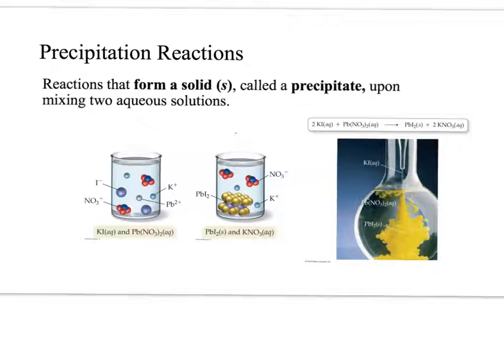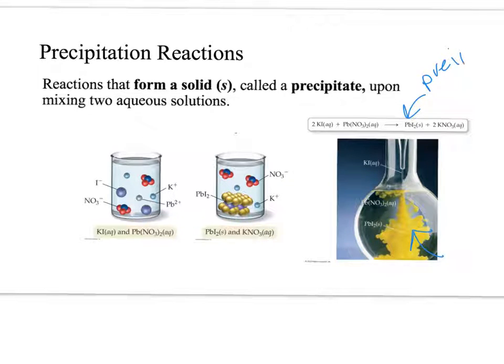When they come together, they react. So we have a chemical reaction, and in that chemical reaction you can see that we have two products. So these ionic compounds rearrange, and the lead from the lead nitrate combines with the iodine from the potassium iodide, and this lead iodide is a new substance that precipitates. It's a solid. It's that yellow solid that's forming in the flask. So this is a